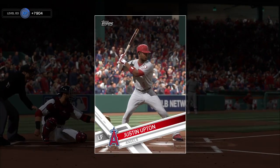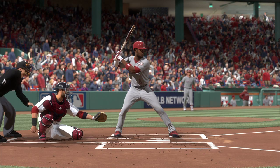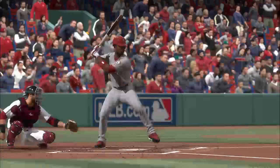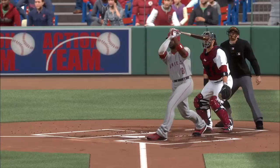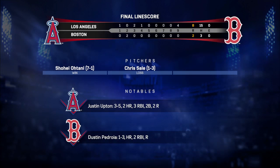And guys, time to recognize the man who really stood out this afternoon, and there he is, Justin Upton. What a performance he turned in. He's our top player of the game. Well, he blasted a couple of balls over the wall in this one, really put the guys on his back and carried them to the victory. Our final